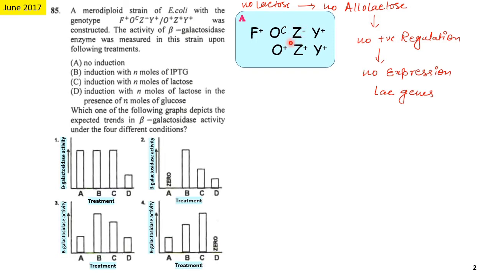Okay, so all we have to focus on is this wild type beta galactosidase gene, and we have to see under what experimental condition this gene will express its product. So here this constitutive operator will keep expressing all the time, but the beta galactosidase is mutated. Now this normal wild type operator will be bound by the repressor molecule. Because there is no induction, the repressor molecule will bind to the operator, and so negative regulation will occur. Under negative regulation, none of the lac-operon genes will be expressed. So these lac-operon genes will not express.